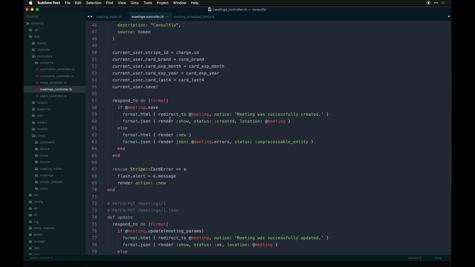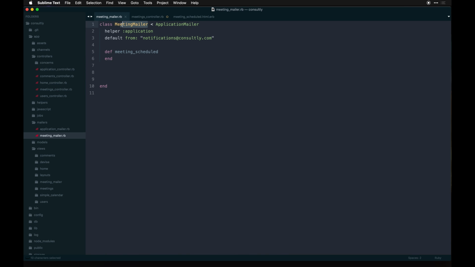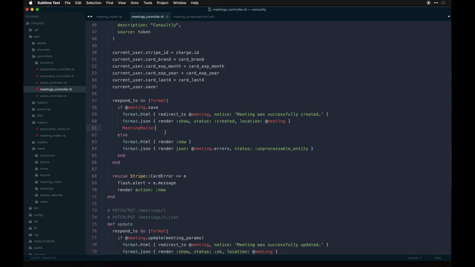So what I can do is actually render that and send off an email by doing so after it's saved. So you definitely check first if it's saved. If it is, we'll go ahead and hook into meeting mailer, which is our class that we just defined as the mailer right there, this thing here. And what I do is hook into that. I go grab the meeting. This allows us to pass the meeting through